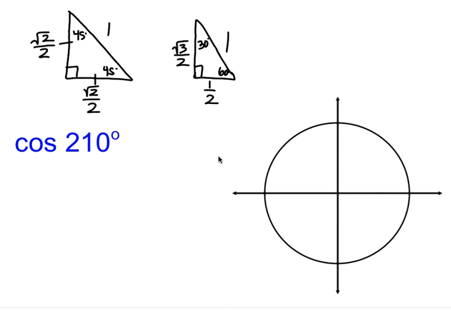In this video, I'm going to talk about how to evaluate cosine, sine, and tangent using our special right triangles and the unit circle and placing them in the unit circle. So, for example here, I've already drawn out my special right triangles with a hypotenuse of 1, our half square, and our half equilateral, and we're going to try to place them correctly in the unit circle depending on what